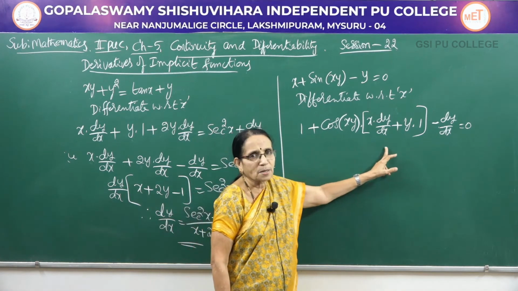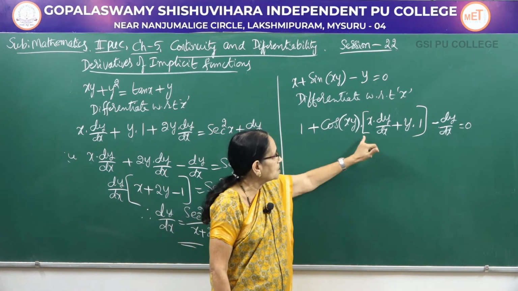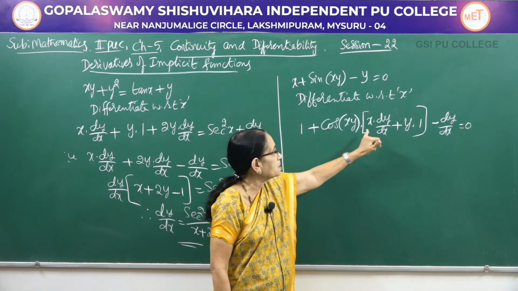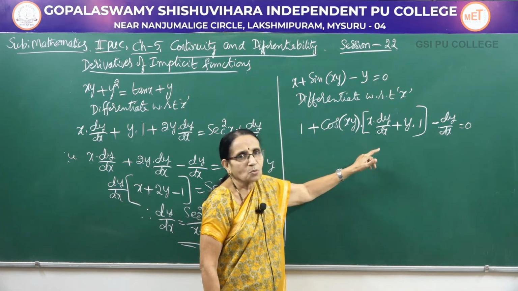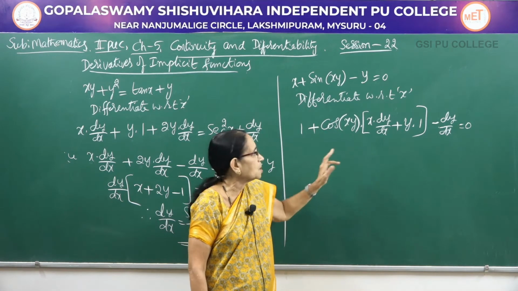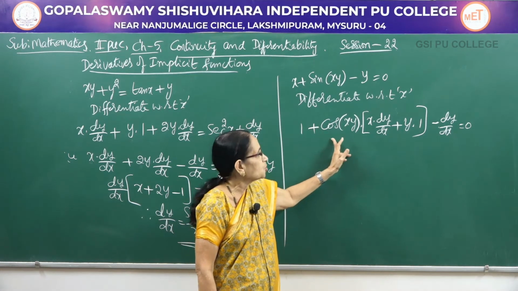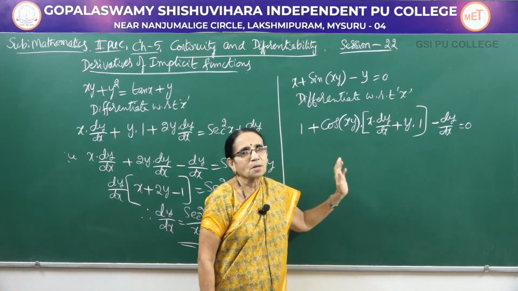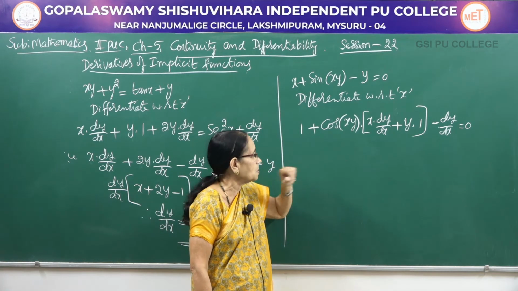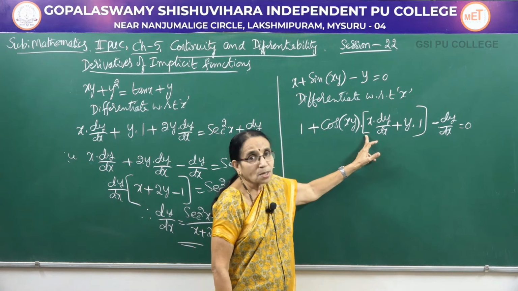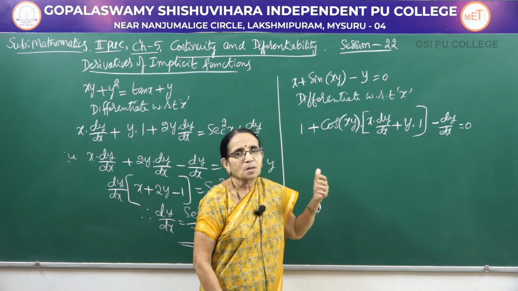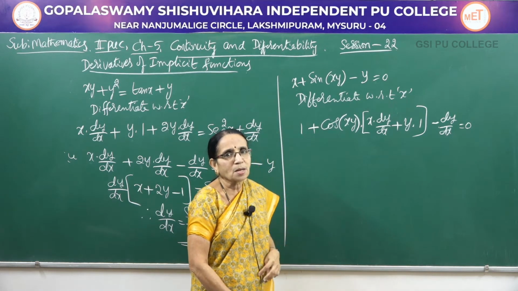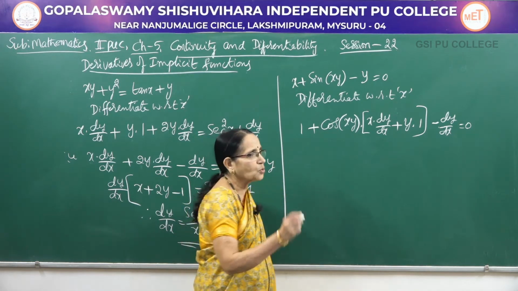First let me multiply this one. See, that is why I am repeatedly telling, whenever a negative sign is there, write inside the bracket, or when more than one term would be there, write inside the bracket, because whatever quantity is outside should be multiplied by both the terms which are inside, or more than 2 terms also. Many students don't write the bracket, so they multiply only this one and forget that one, so the answer would be wrong. You don't get any mark for that. So be careful about that.